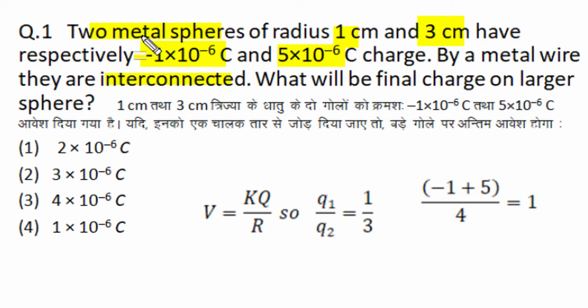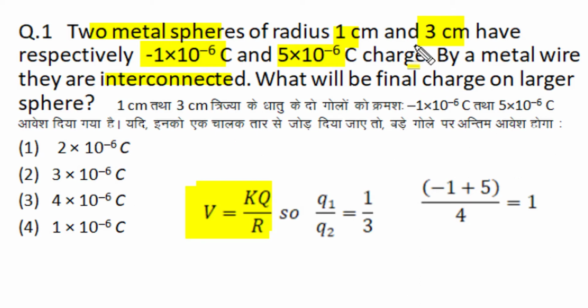So in metallic spheres, when we charge, all charge will remain on the outer surface, and at the surface and at all internal positions potential will be the same, and the complete metal sphere will behave like an equipotential surface with surface potential KQ over R, where R is the radius of the sphere and capital Q is the total charge on that sphere. Now these two spheres have different radius and different charge, so they may have a difference in their potential, and when